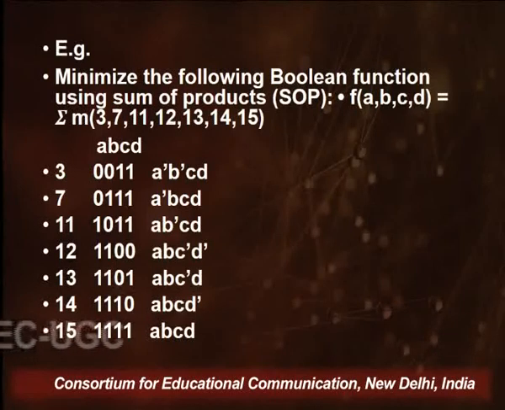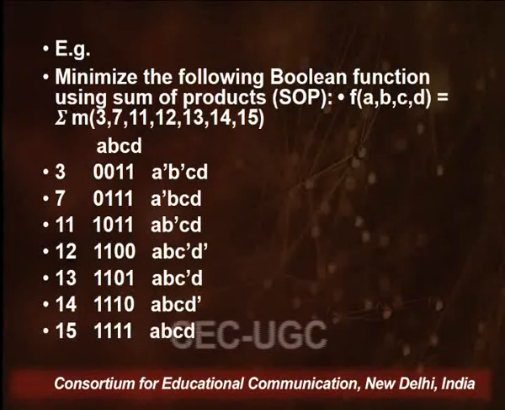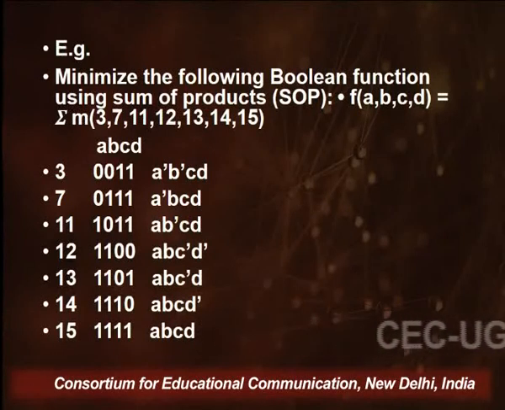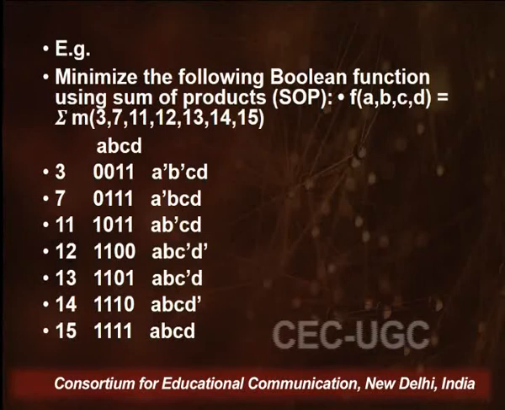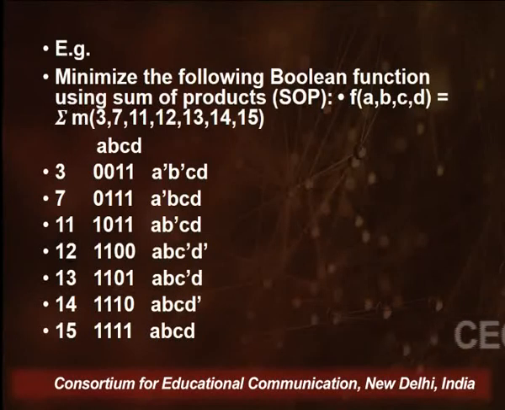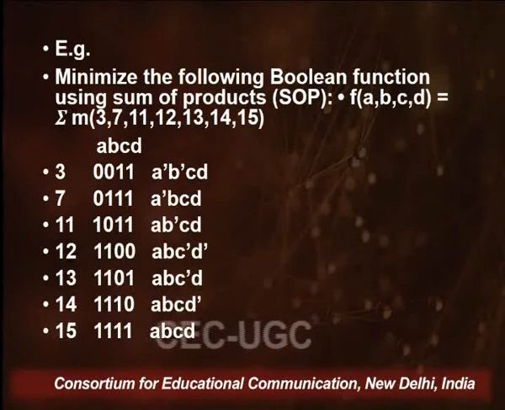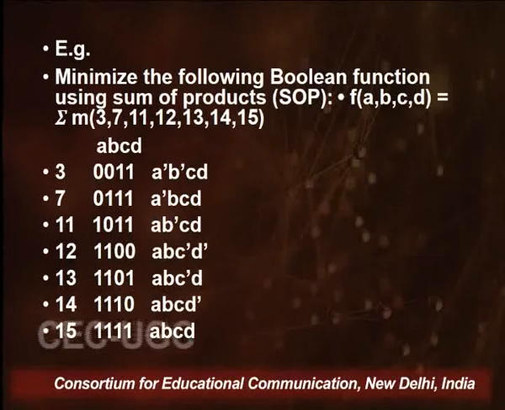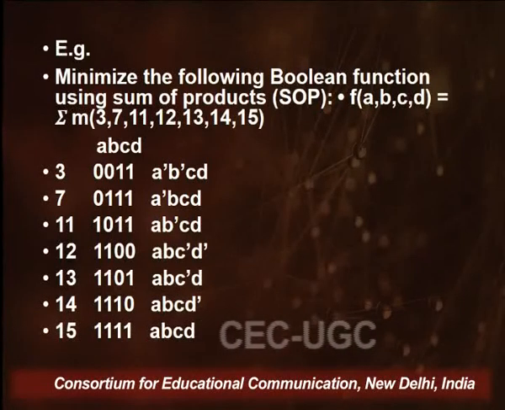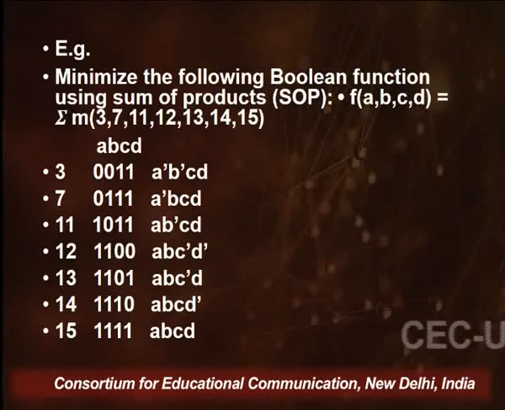So, I have a table right in front of this screen, which shows 3, 7, 11 written in the first column. If I put it as ABCD, I am going to convert the decimal 3 into a binary number of 0s and 1s. So, ABCD is represented in the form of 0011, and when it is a 0, we represent it as A dash. When it is a 1, we represent the variable in the normal form. So, a 3 is equivalent to 0011, and it can be represented as A'B'CD.